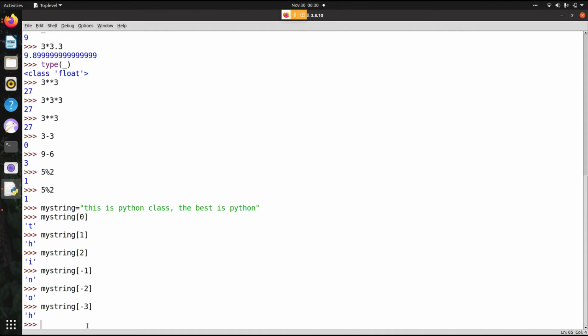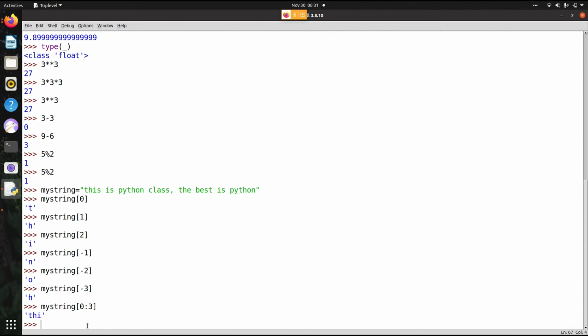Now let's do one more thing. Now make it 0 colon 3. What is this we are getting? I am saying, hey Python, give me the 0th index till 3.